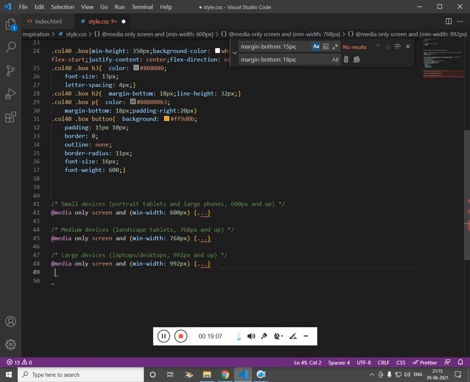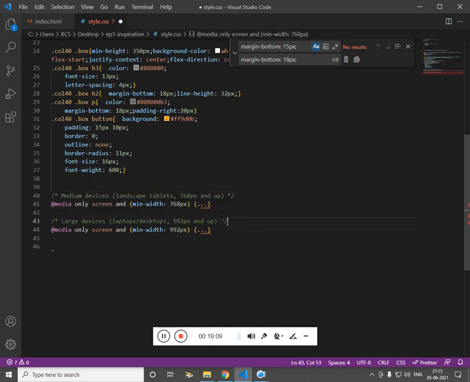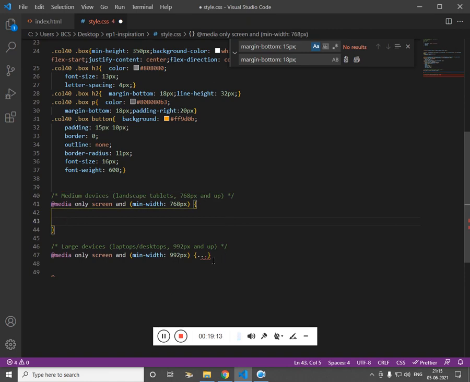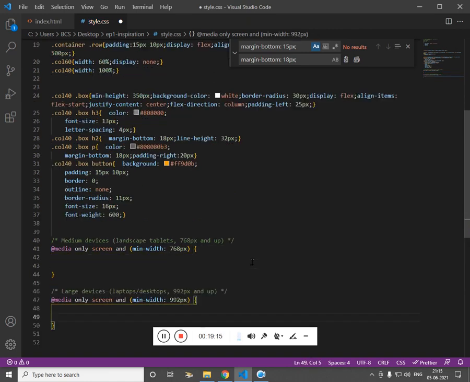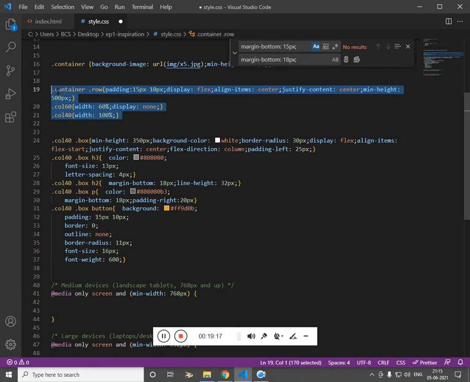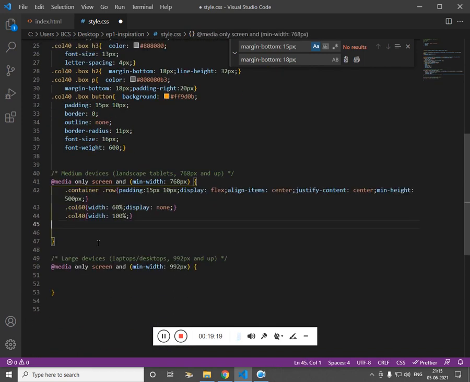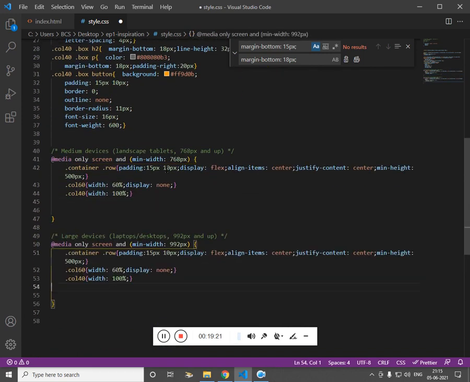So for tablet, we just need to get the three things which we have modified. We'll use this for the tablet. Let this be display none. So I think display none would be an issue.